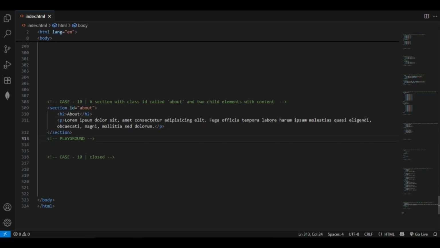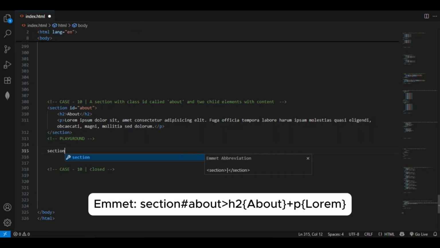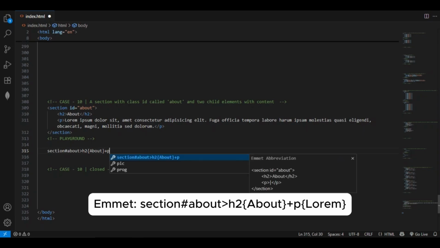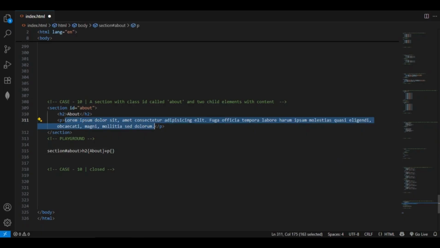So that's very simple. Just write section first of all, and for this section they have an ID also, called about. So for that let's enter the hashtag and then enter the ID name about, and within this section there are two children, the first one is h2, I mean heading 2, and for this heading 2 there will be content like about, and then paragraph text. And for this paragraph text, how about we enter this full content